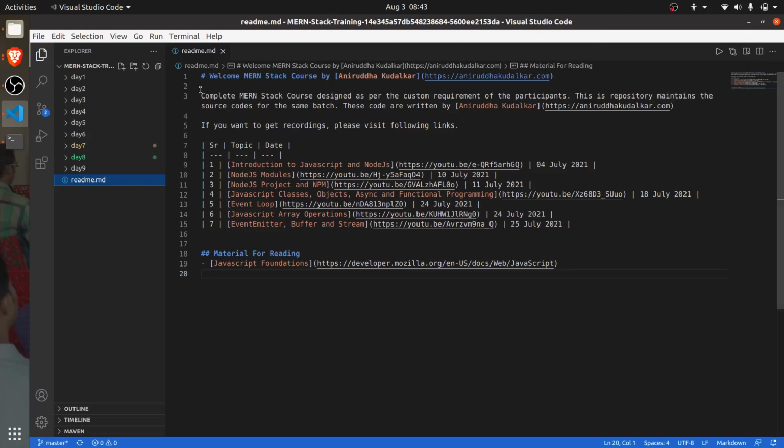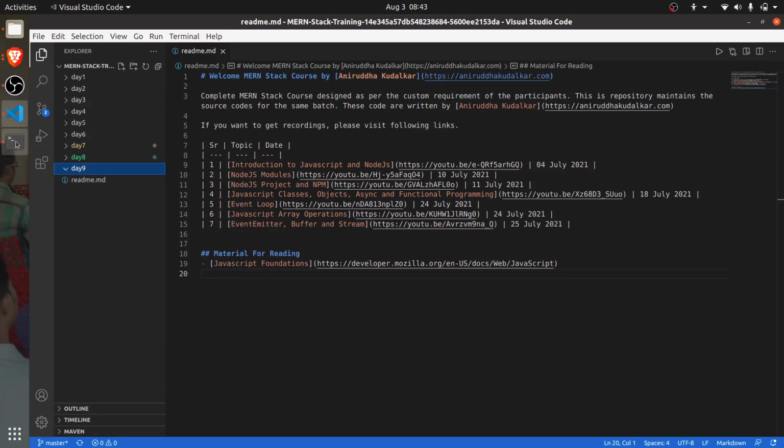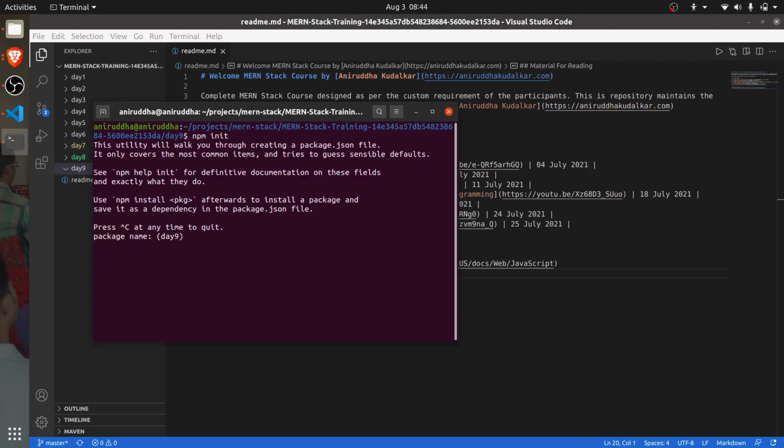Now, how do we create a node project? npm init. So in day 9, I will go here, and npm init is a command. If you want to create a new project, run npm init, hit enter, and for the name of the package you can say Express Basics